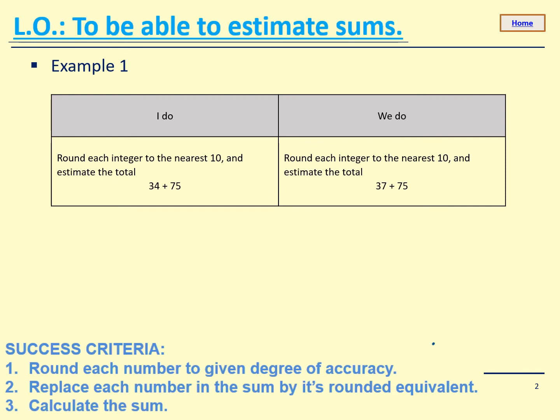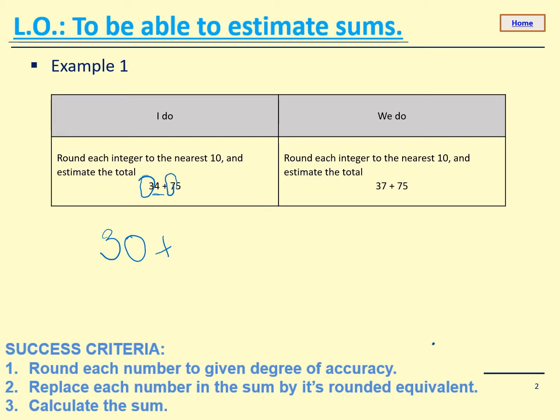Example 1. Round each integer to the nearest 10 and estimate the total. I will do the first one, then you will have a go. To the nearest 10. 3 in the tens position, 4 after that. From 0 to 4, the number in the circle stays the same. So it's 30 plus